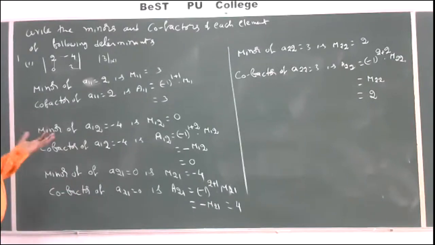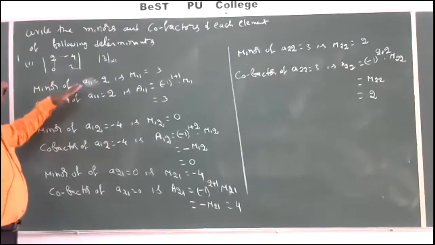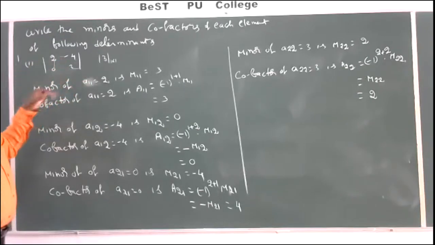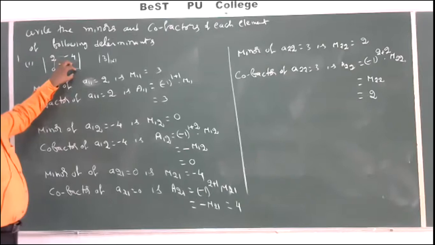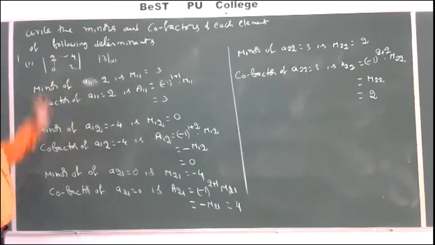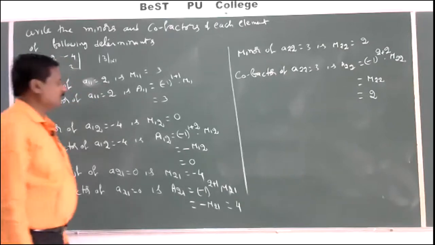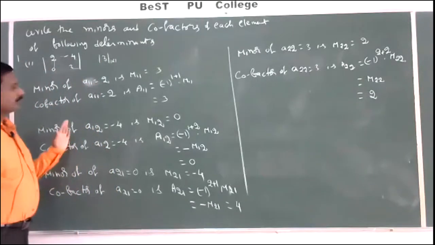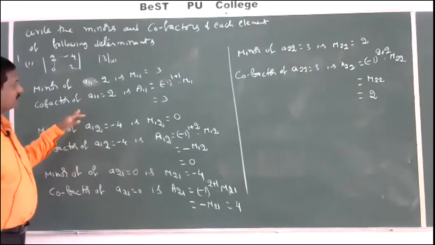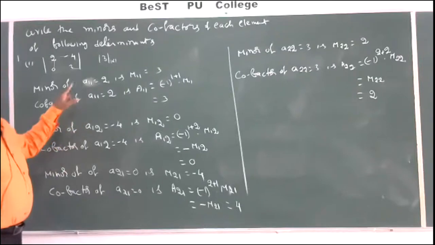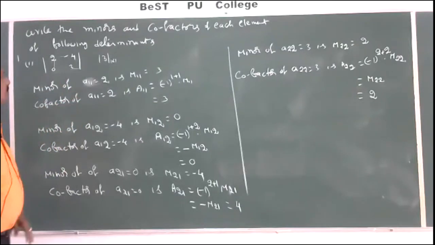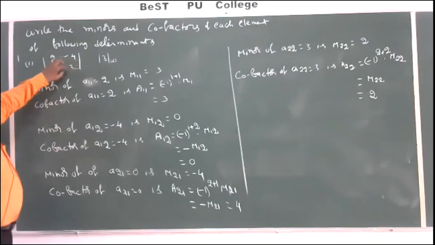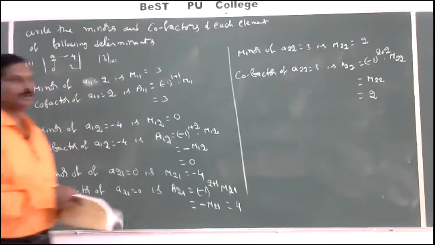And maybe there is a chance for a 1 mark question also. They will ask for one element: write the minor or the cofactor of some particular element. If you write that one, it is enough. Up to now, it has been given only one time as a 1 mark question in the 14 previous papers. Minor or cofactor, they will ask for any one element, that is for 1 mark.